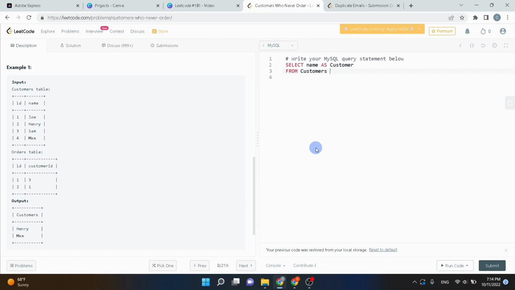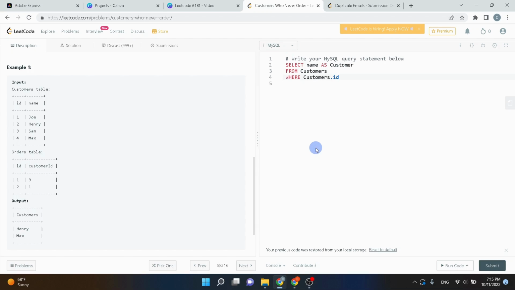And now we have to find a way to say we want to return the name for customers whose IDs don't show up in customer ID. This is pretty straightforward. What we have to do here is a where statement. Then we can say customers